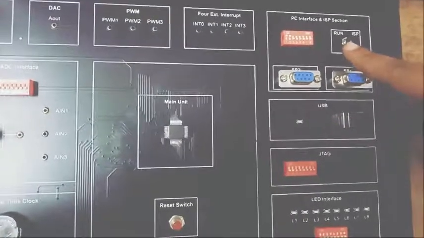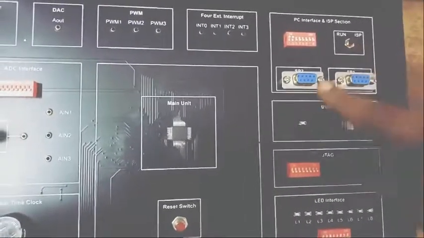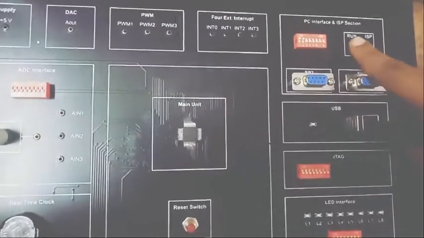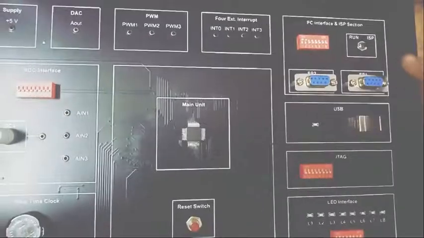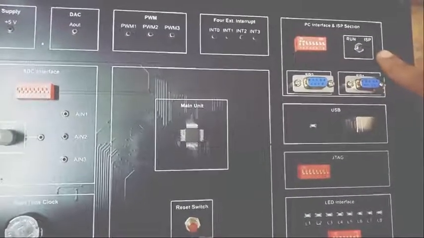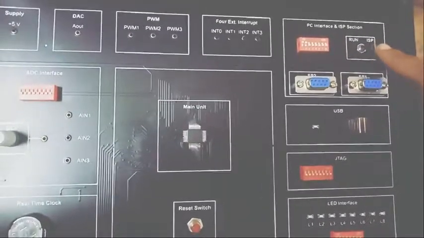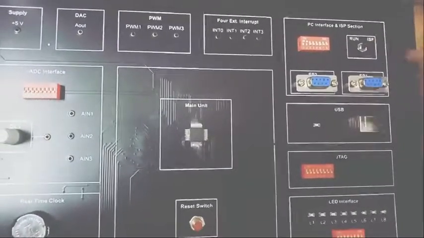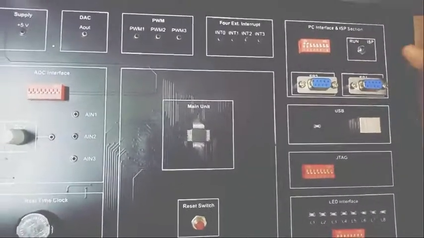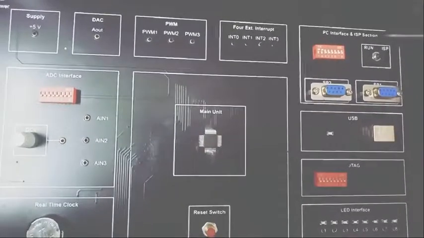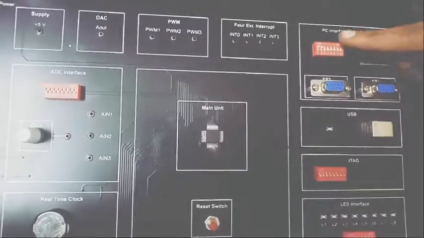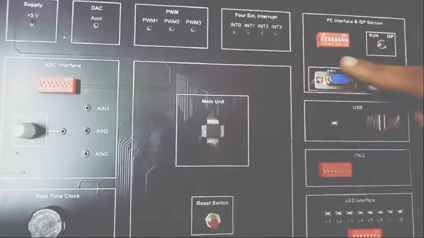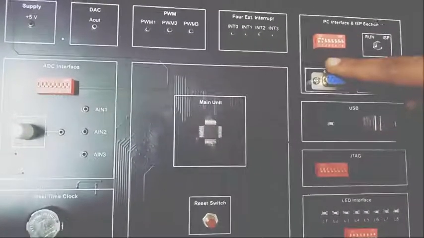During programming, that is while writing the program on this LPC2148, the switch must be on the ISP side, that is in-system programming. While running the buzzer, we have to switch from ISP to run mode. Next, on this PC interface ISP section, this switch 1 and 2 must be on, then the jumper must be on 1 and 2.